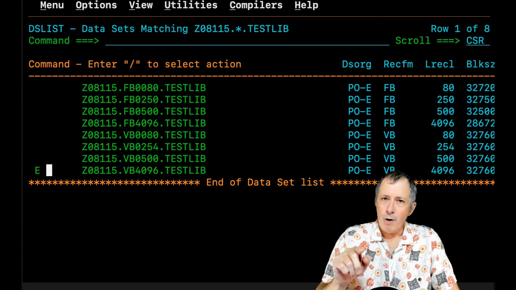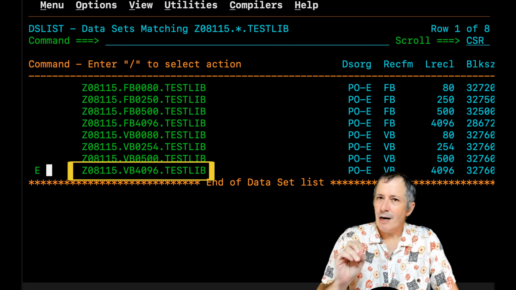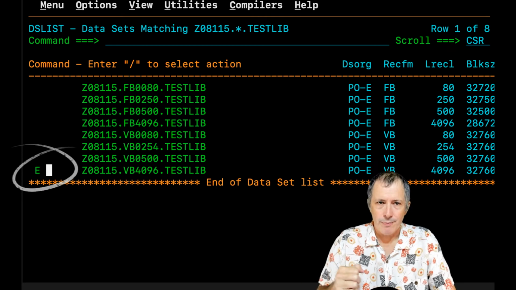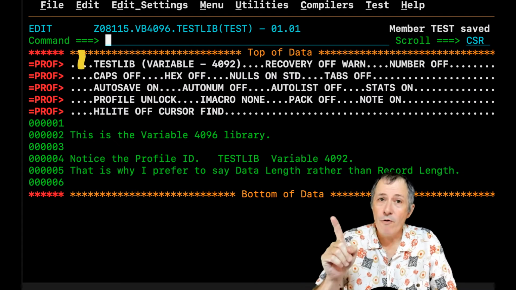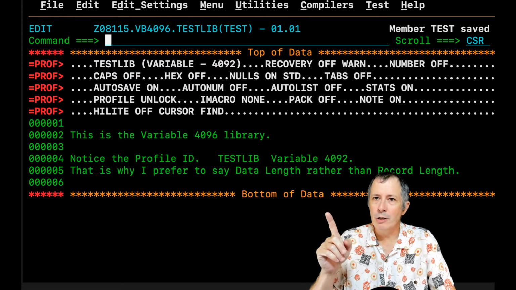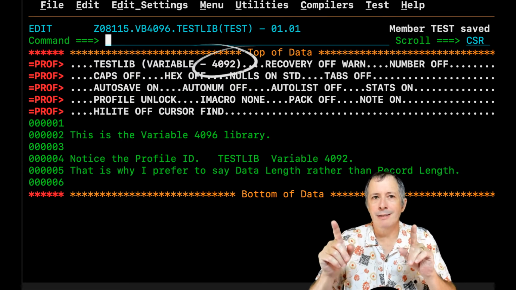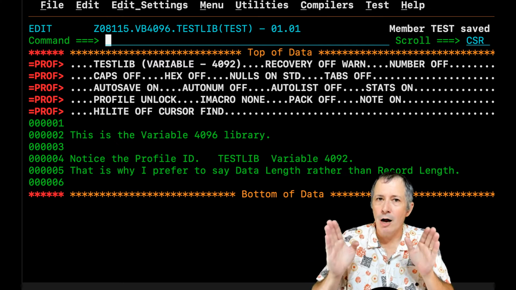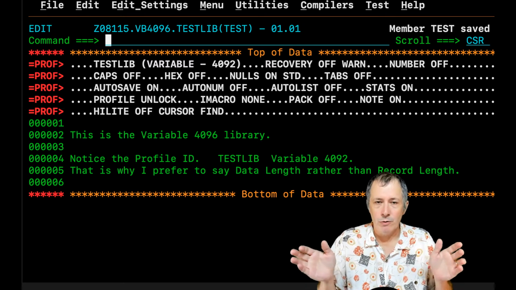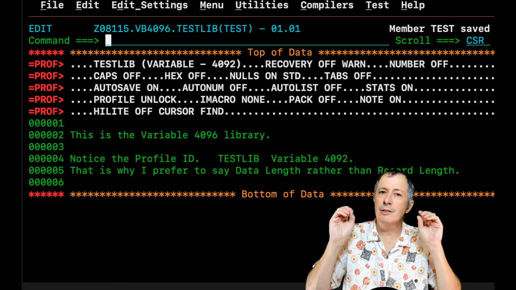Edit the variable block 4096 library. E for edit. Enter. The profile ID is TESTLIB plus VARIABLE plus 4092, not 4096. The LRECL is 4096,